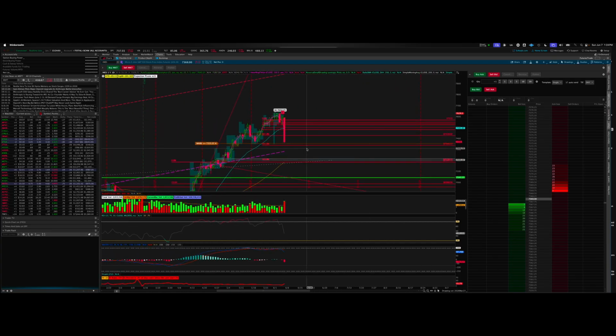But do stay nimble, and if you're going long, tight stop losses. This is not financial advice, but that's what I would be doing. So let's look at some actual trade ideas and swings and hedges here,